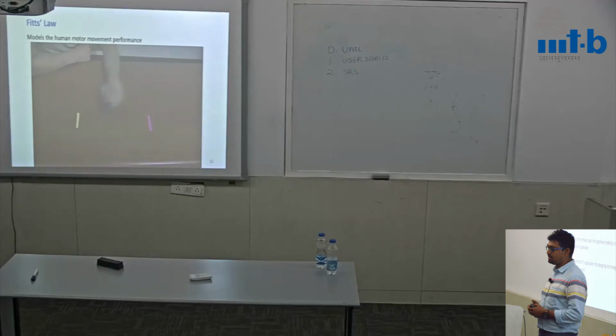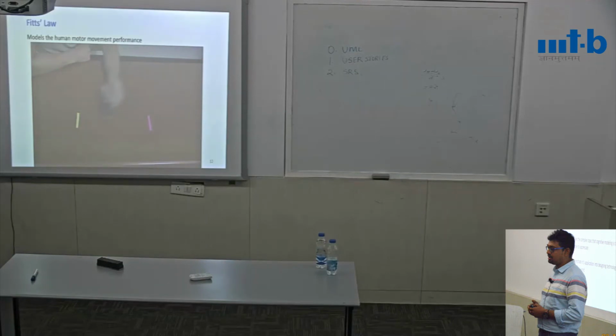I guess one of the phenomena we would see is he was changing the size of the targets, and he was also placing the targets at different distances. And because of that, the motor movement, a very mundane basic task of moving from one source to another destination, which we would do in many different real world situations, changed. Given the size of the targets and the distance between the targets changed, the speed was decreasing or increasing.